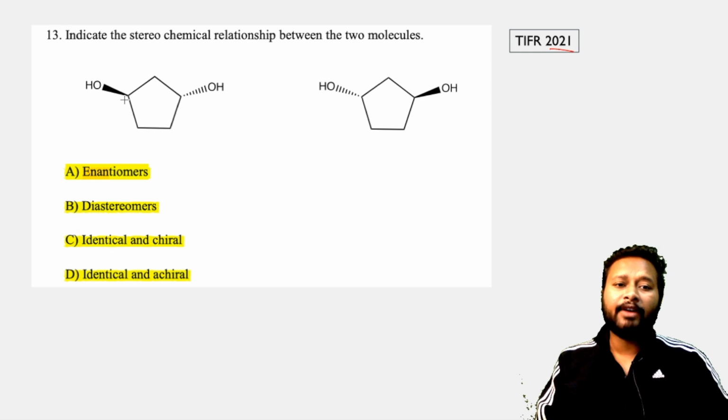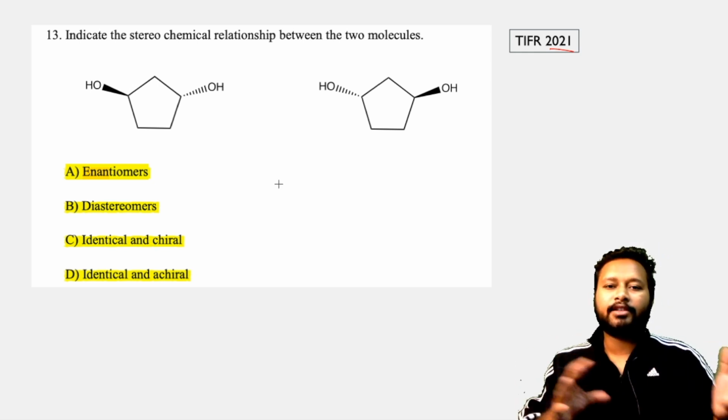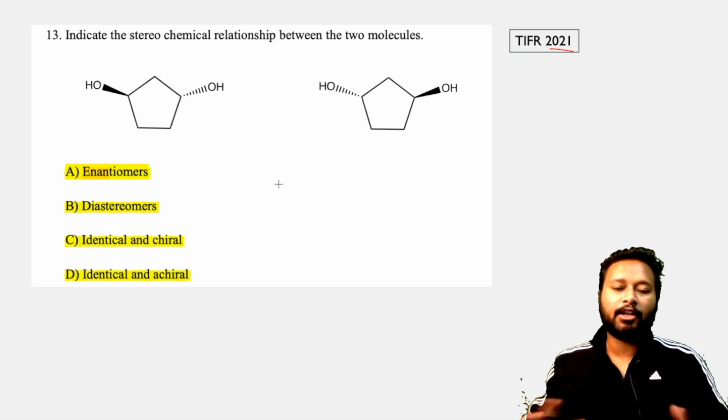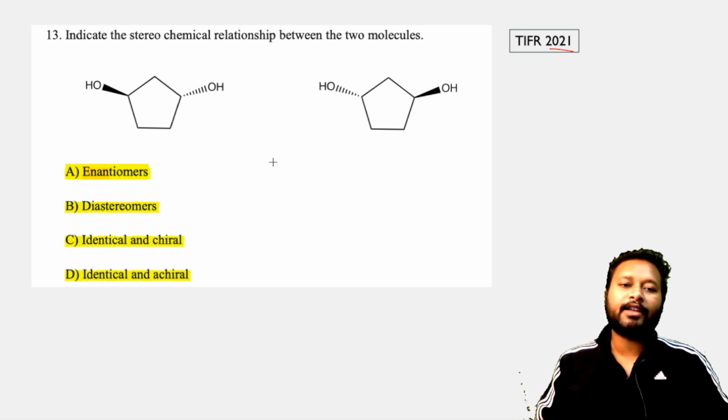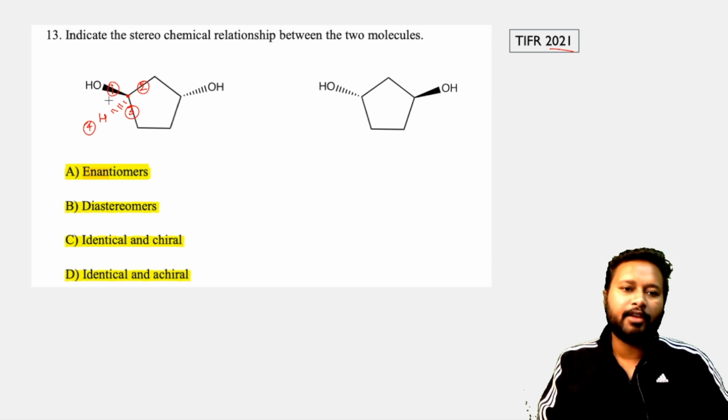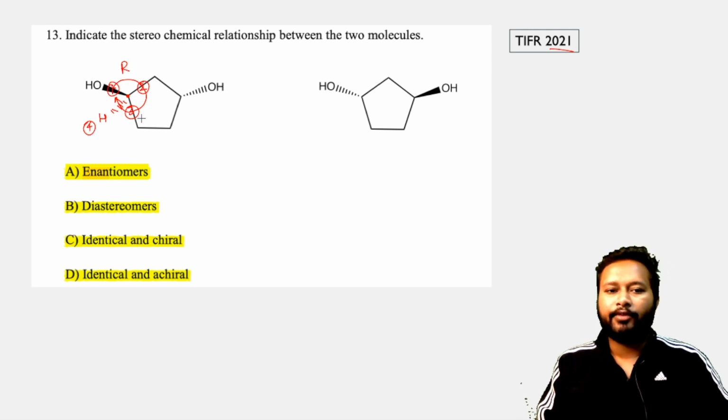So find out the configuration of the chiral carbons, and if the configuration changes in both the molecules exactly opposite, in that case we call them enantiomers. So we'll try to find out, this is the chiral carbon. If you find out the configuration over here, this will be given 1, this will be given 2 because this OH is nearest to this side, and then 3. And the fourth priority group is hydrogen, which is below the plane, so nothing to worry about that. And since this is going in a clockwise rotation, that's what will be called R configuration.